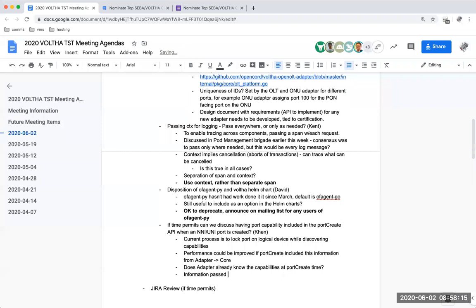Yeah, because when we're talking about a uniport, the capability of a uniport has to be the intersection of what type of ONU it is and the real capabilities of the uniport, right? Both of them need to be taken into account to say what the capabilities of the uniport are. Okay, so